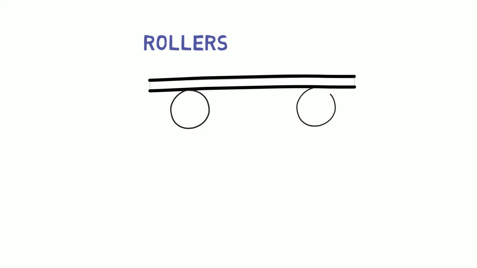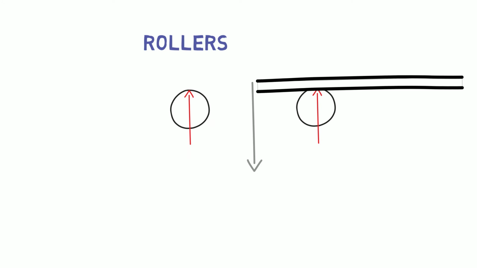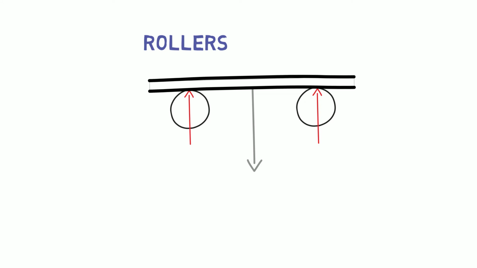The next type of support is the roller support. Now, this is also just like the simple support, except for this case, only a normal reaction force will act. The weight force will be restrained by the roller support's normal reaction. But any horizontal component of force being applied on the beam will cause a smooth horizontal motion without any restrictions. The rollers would move rotationally, helping the beam to move in a linear direction. Hence, in a roller support, only a perpendicular normal reaction force acts to restrict vertical motion.